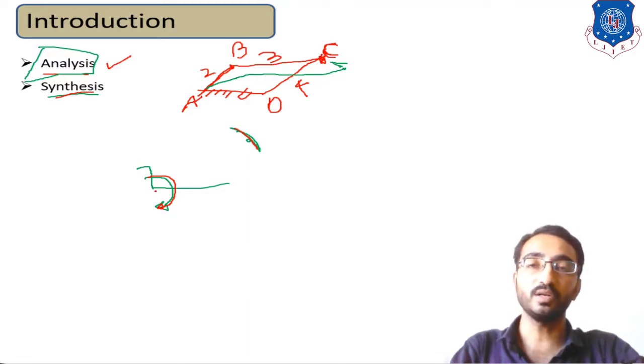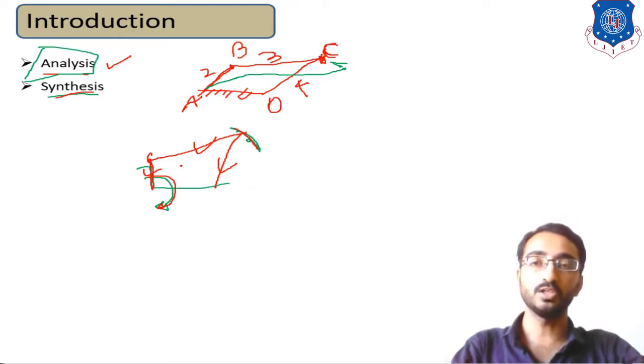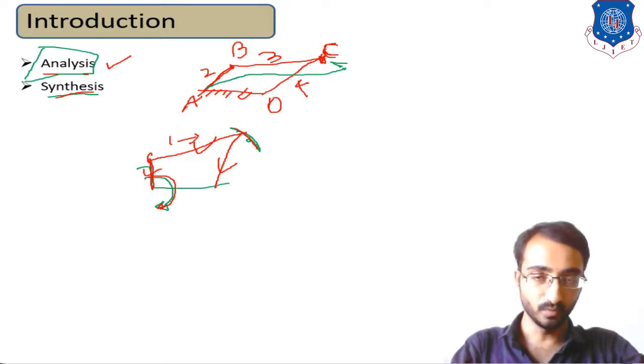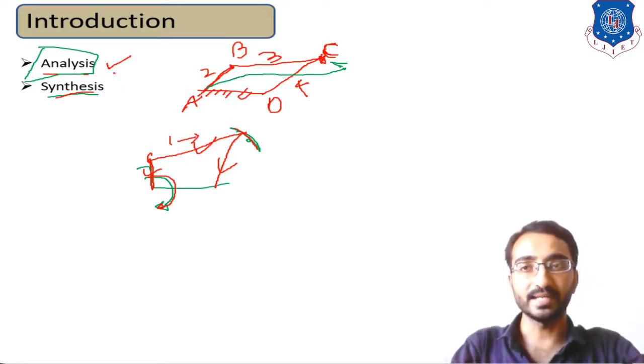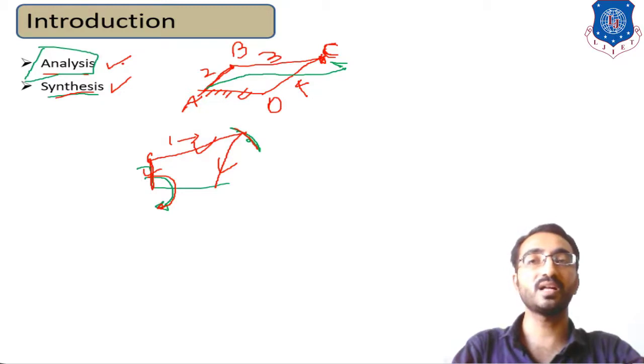So in synthesis, you identify that you are using this as a crank, connecting this crank with a connecting rod, and this connecting rod will make this lever oscillate. So it involves designing these components, finding what type of mechanism you will use, how many links you will use, and what the length of each individual link will be. This whole process of designing any mechanism to obtain our desired output is known as synthesis. Here we have to clearly remember the difference between analysis and synthesis.